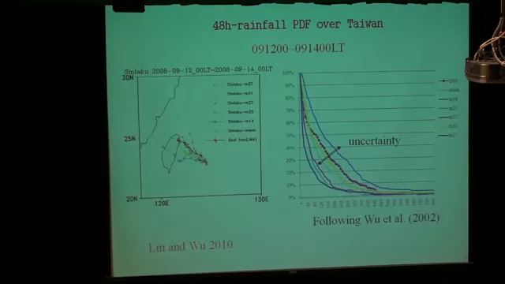But if you look at this in another diagram, here we show you the rainfall accumulation probability density function, and the observation from all 400 rain gauges in Taiwan is this curve. And we show that there's high uncertainty from each ensemble member, given the different tracks. What is also of interest is that the yellow curve has the best fit to the observation, but it doesn't have the best track. The one with the best track is the light blue one, but it's way off.